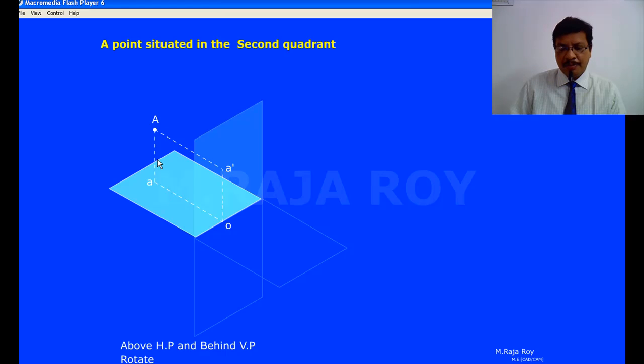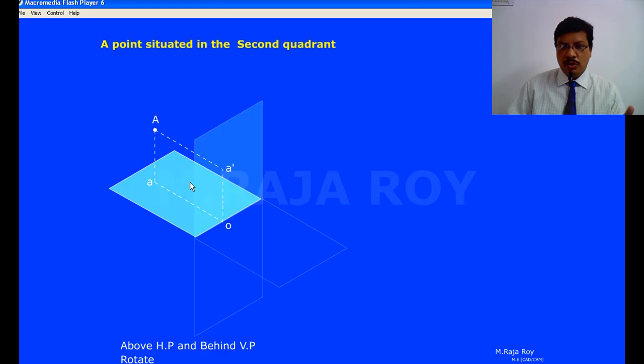To get the top view always you have to see perpendicular to the horizontal plane, that means something like this you are seeing. So the top view of point A is somewhere here, that is small a. Now these two planes are again at 90 degrees. So when planes are at 90 degrees we can't project the views on a paper. So you have to transfer the horizontal plane such that it is convenient to represent on the paper.